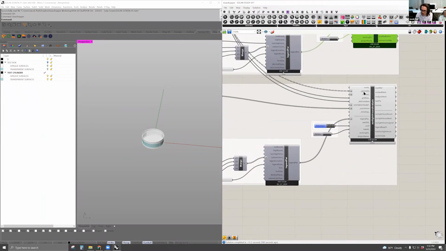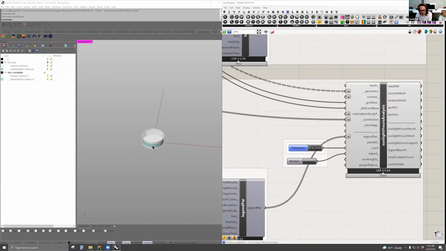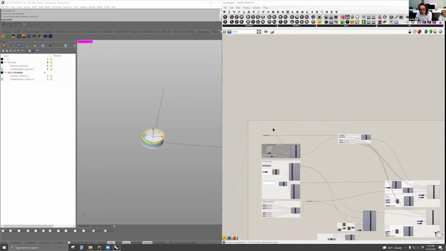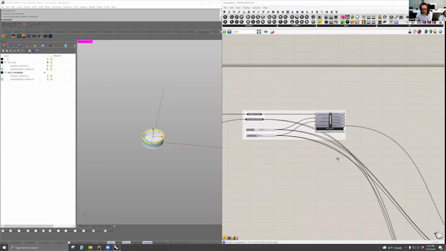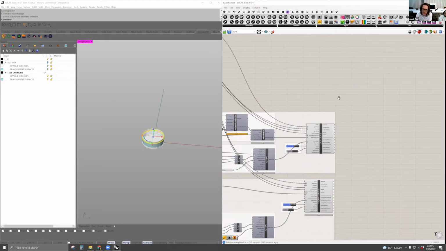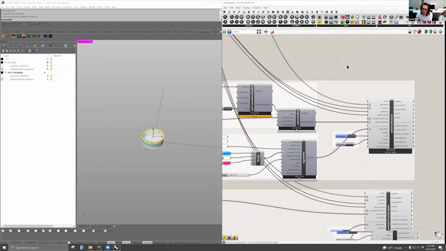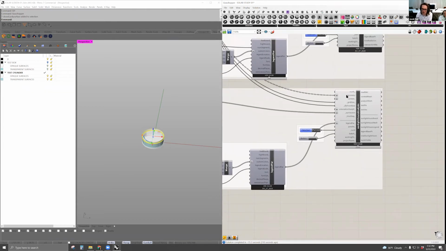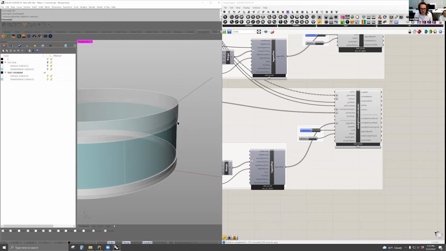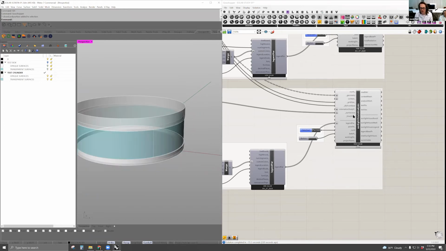It's already streaming into its geometry. The geometry is the surfaces that we have set up or indicated way over here. They're going through, and I'm creating a mesh just because those run faster. I'm using Ladybug. It's got the sunlight hour analysis. So it's got the geometry, which is just the windows, and that's about it. There's not really a whole lot of self-shading going on here. There's a little bit of a lip, but it's kind of negligible. So right now, the only thing that's streaming into here